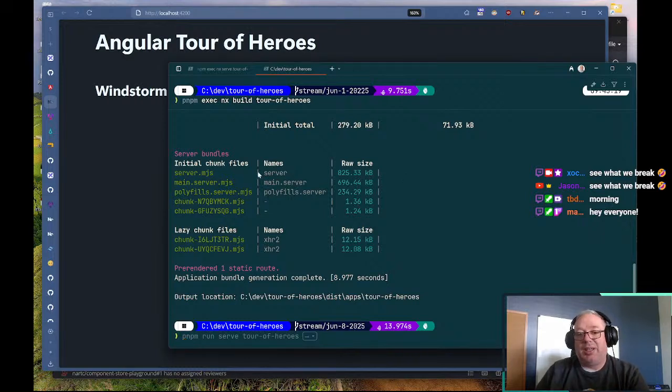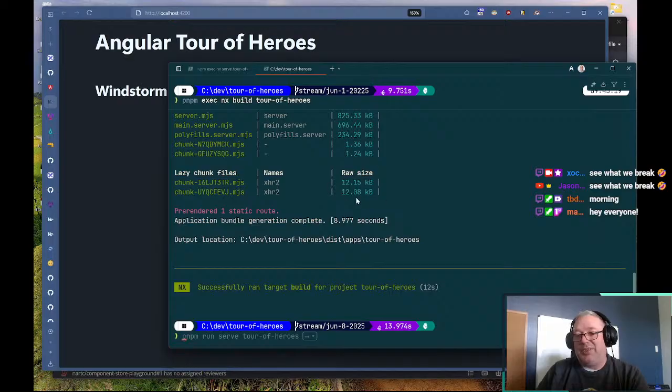And then the server has some chunks that it builds for itself, but these never get sent to the browser. These are just handled on the server side, so I'm less concerned about that. And in fact, it's got a couple of lazy loaded bundles on the server, which is really, really cool. And then there's one pre-rendered static route also, so we got some SSG inside of there too. So if we wanted to take a look,